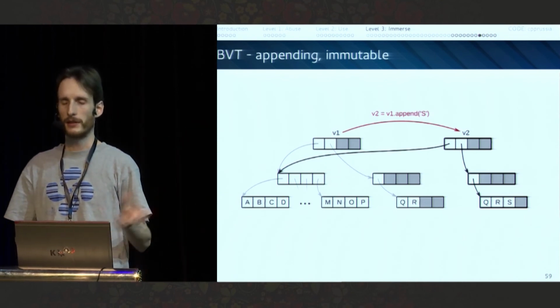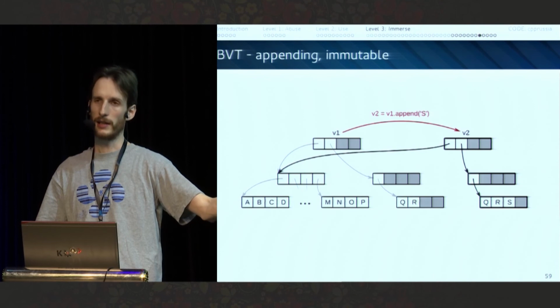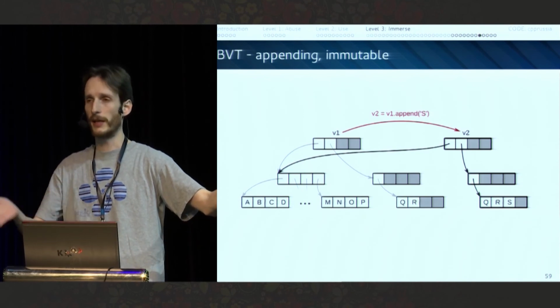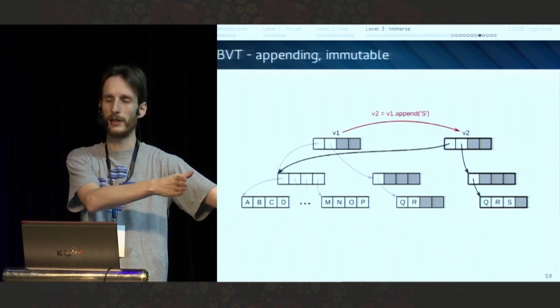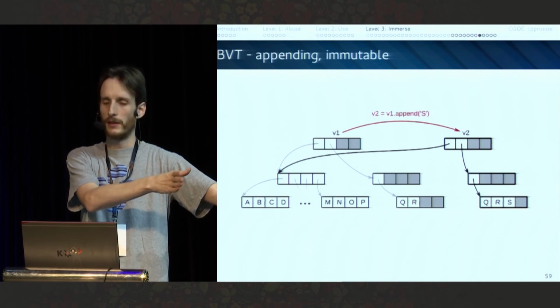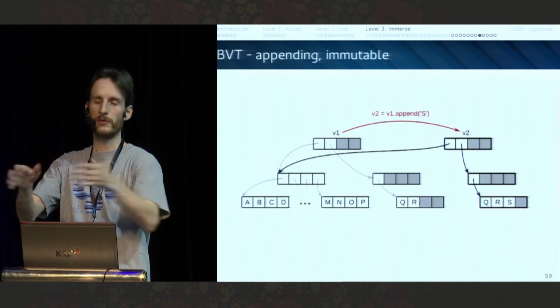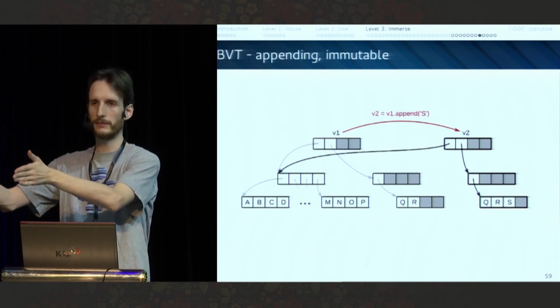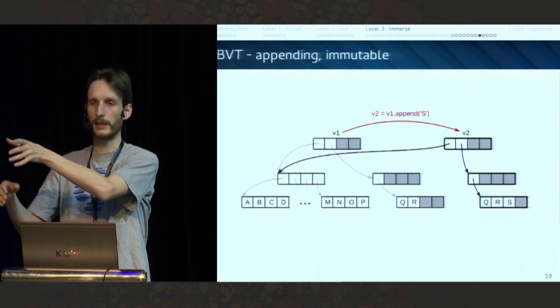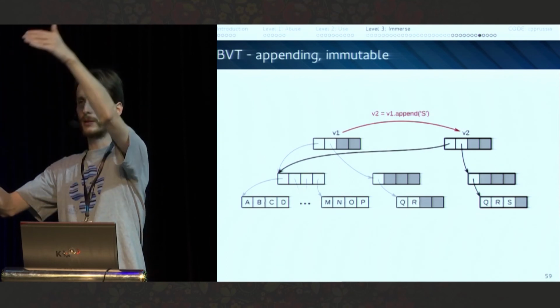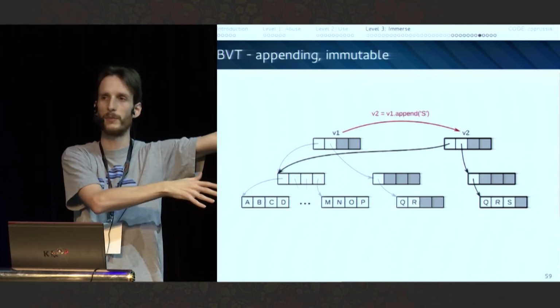If we have room in the last leaf, because when appending we always add to the last leaf if it has room, we are going to duplicate the room and add the element. So just mem copy the bucket or construct copy the bucket. Then create all the parents and point them to the previous structure.